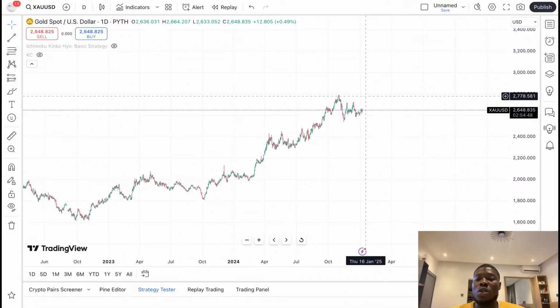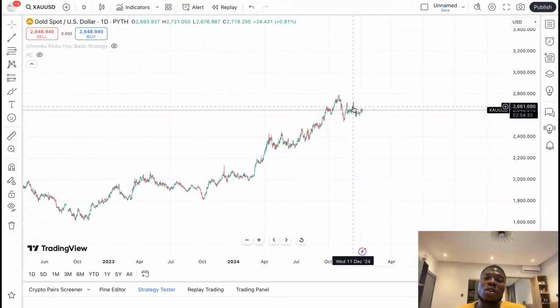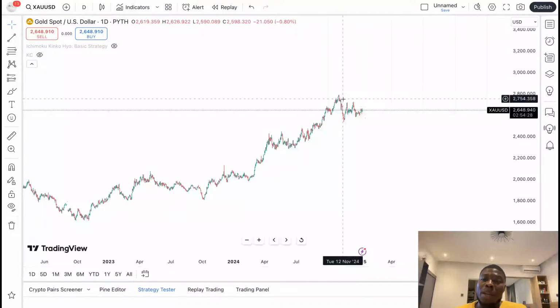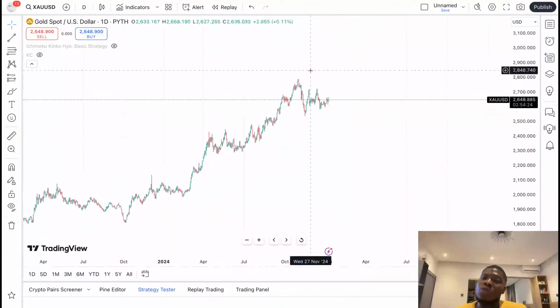Sometimes you will do 10 analyses, 5 will fail, 5 will succeed. It will always make you feel like the market is being manipulated. But no, the market is not manipulated. You're the one that is wrong. Whenever you get your analysis wrong, the market can never be wrong. Bear it in mind, no market is manipulated. Whatever you see happening in the market, something caused it.